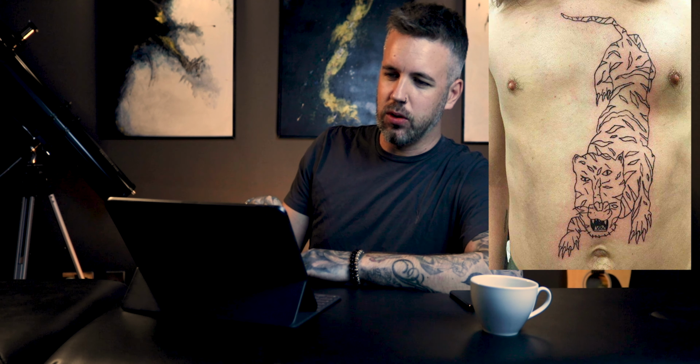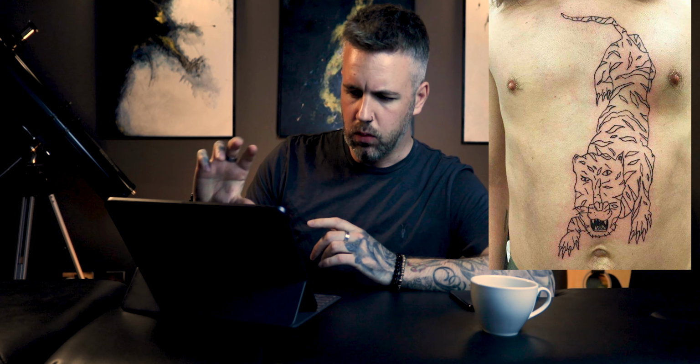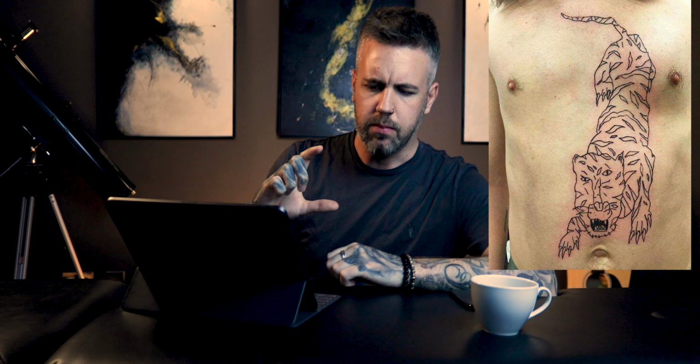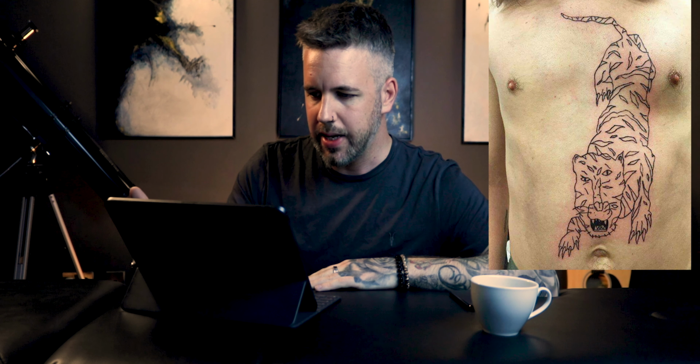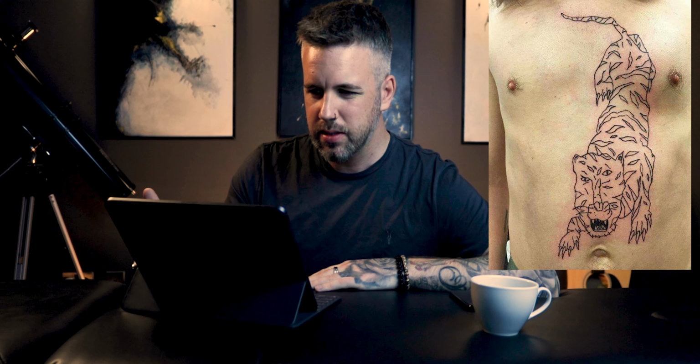So I've seen this one quite a bit. This one is an interesting one, to be honest, because I don't know whether it's not very good because of the skill set of the artist, or whether it's supposed to be like that. So you might have seen knocking around, you get a lot of people that get tattoos that their children have drawn. So they're obviously intentionally supposed to look like a child's drawing. This is almost into that sort of area, in that the lines are kind of consistent considering how big it is. So they know